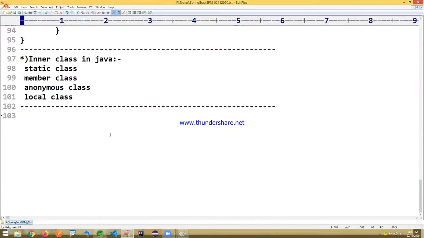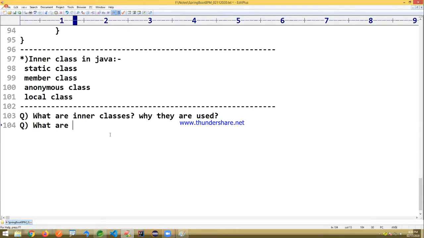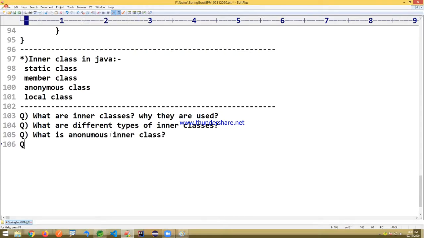Still, I'm giving some questions. Just work on these. What are inner classes? Why are they used? Question 2: what are the different types of inner classes? What is an anonymous inner class? What are blocks in Java?